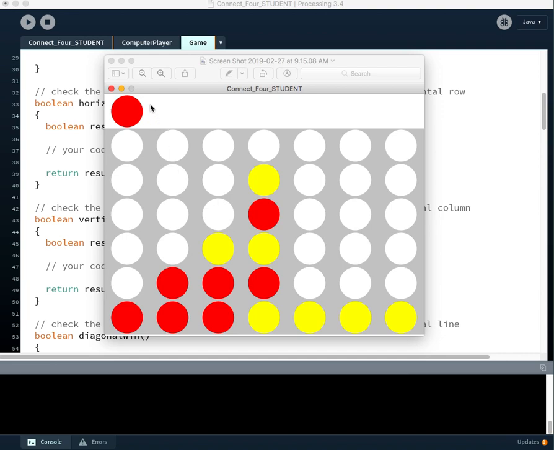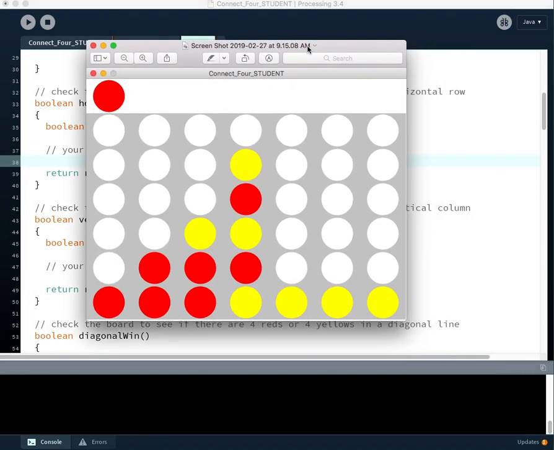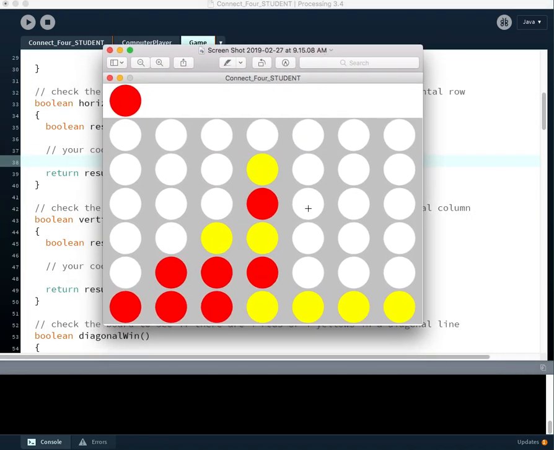The next method that we'll be working on is the horizontal win method. It should start around line 33 in the game class. The trick to this method is that we want to check every square plus 3. We want to start on this square and go to this square, or start on this square and check up to this square, or check on this square and check the 3 next to it and see if they're